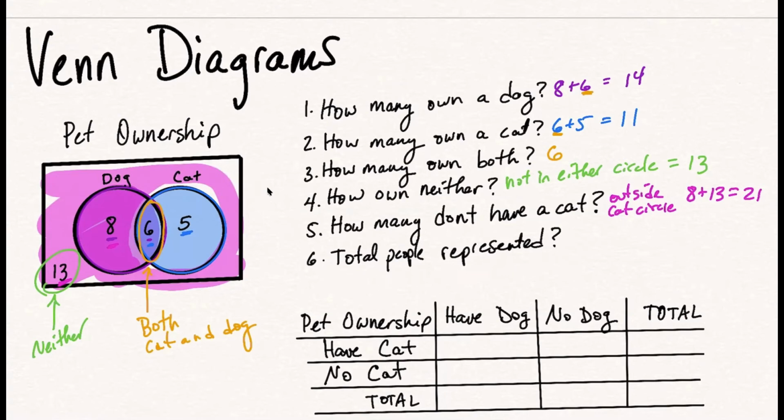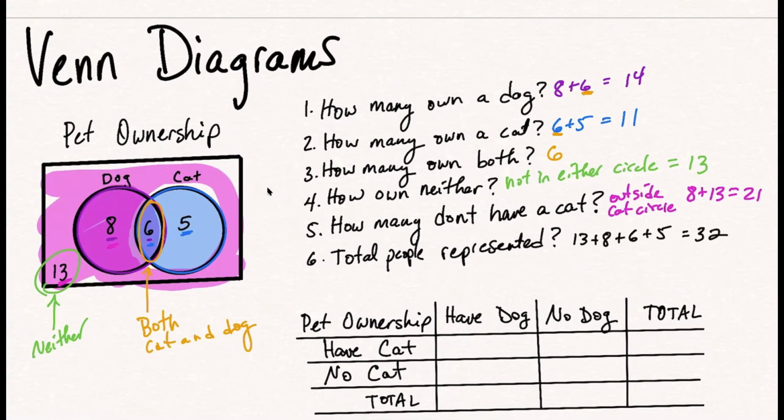All right, so then what is the total number of people represented? What we could do is look at how many are the dog owners and how many are the cat owners and how many own neither. The problem with that is we have to be careful because remember over here, we've got these 6 people that are in both circles. So with the Venn diagram, the easiest way to figure out how many people total are represented is to just add all the numbers we see here. How many people have neither? How many people only own a dog, own both a dog and a cat, and own only a cat. So that total then is going to be 13 plus 8 plus 6 plus 5, 32 people.